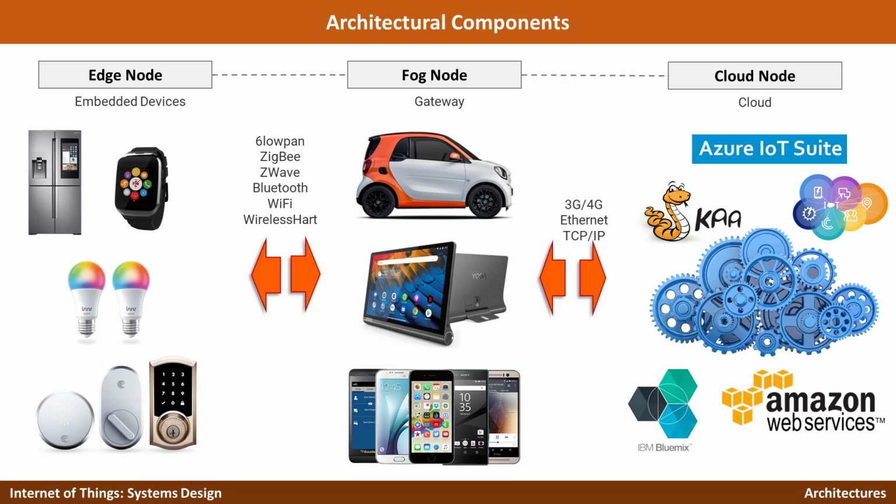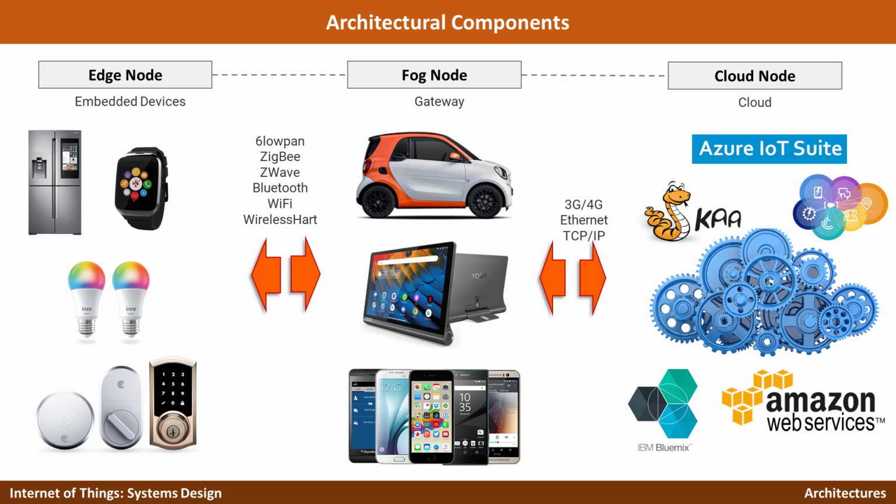This is the same architecture we discussed in the previous slide, but now I have replaced the electronic components with actual devices to give you an idea. So we already talked about the smartwatch, but in the edge node, you can see lights, door locks, refrigerators. So we broadly call them embedded devices. And these devices usually use short-range, low-power communication technologies like Zigbee, Z-Wave, Bluetooth, Wi-Fi, WirelessHART to communicate with the